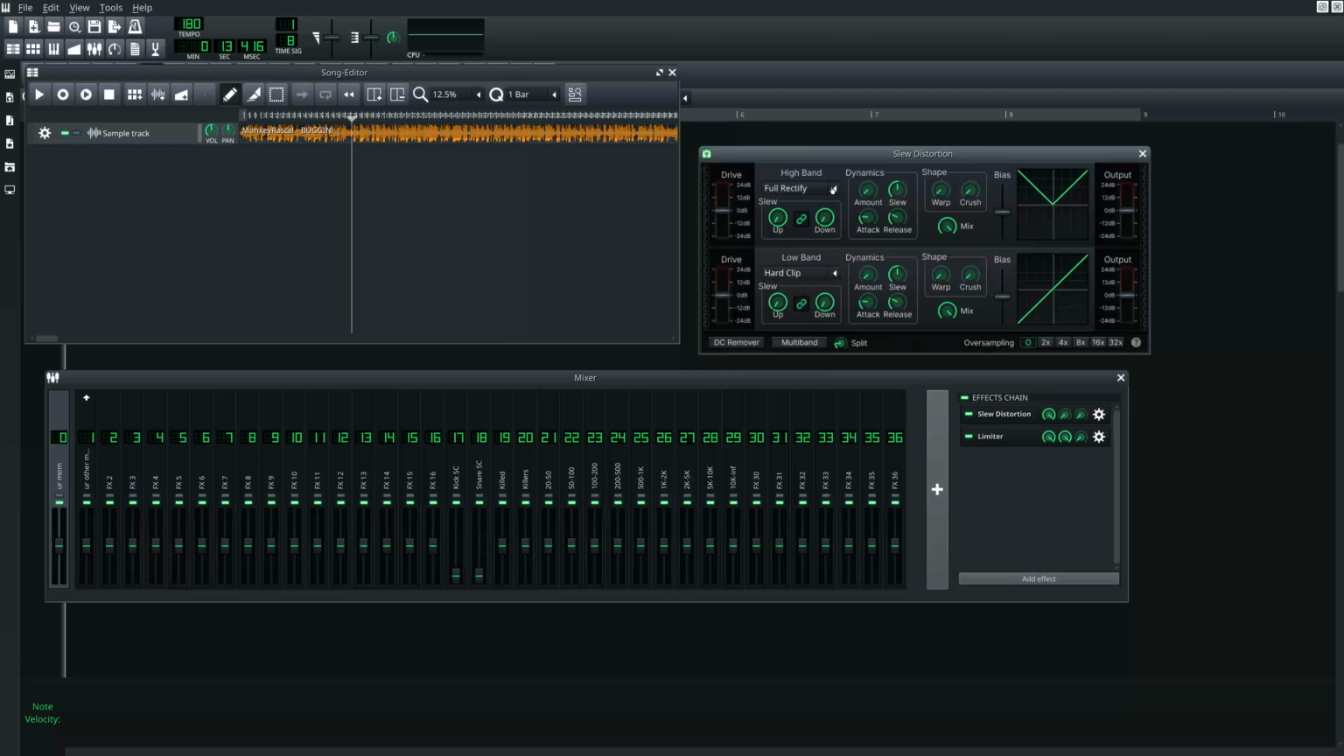And then here we have full rectify, which just takes the absolute value of the audio. So everything on the bottom half of the waveform is flipped to the top. This one's pretty cool because it's asymmetric, unlike these other ones, which are symmetric across y equals x, as you can see. This one is asymmetric, which means